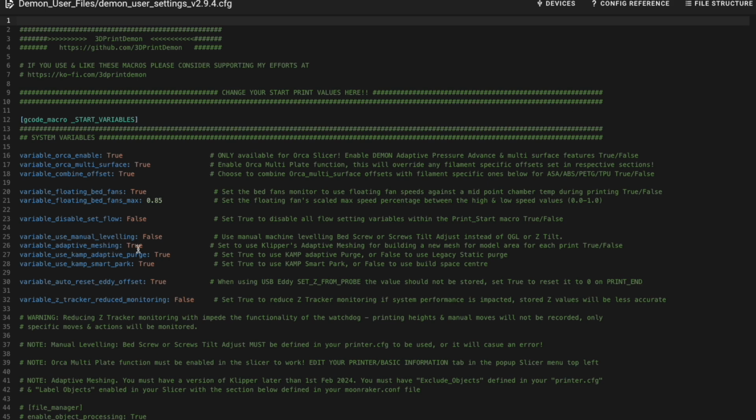And then we have adaptive meshing. So this will use Klipper's adaptive meshing, not KAMP, but the Klipper one, the inbuilt one. And when this is set true, you will need to do the stuff that's listed here. But also when it's true, even if you have these set as false, it will force them true, because